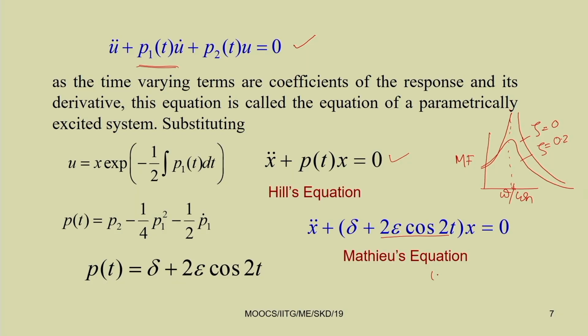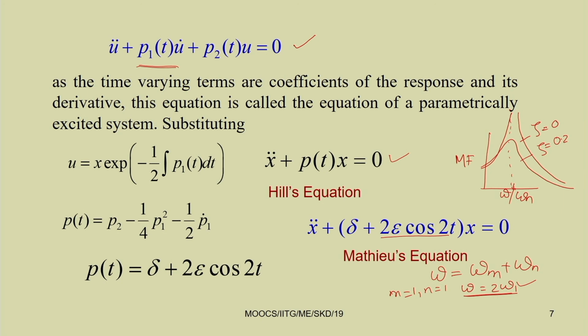For example, when omega equal to omega m plus omega n, you can have the resonance condition. What are m and n? For example, m equal to 1 and n equal to 1. So this becomes 2, and omega equal to 2 omega 1. In that case, it is known as the principal parametric resonance condition of the first mode.